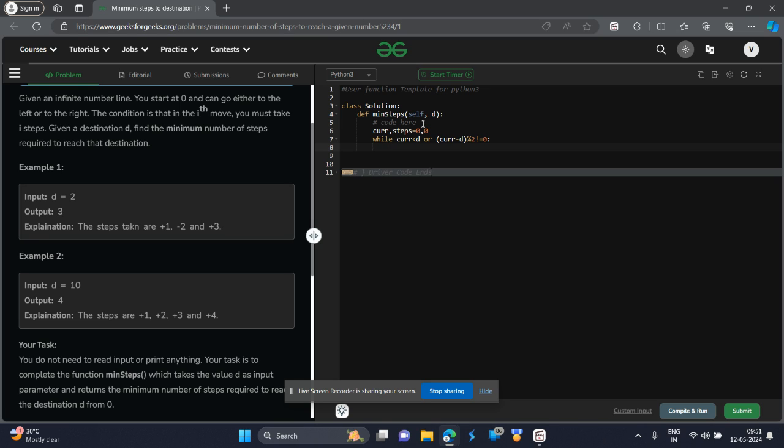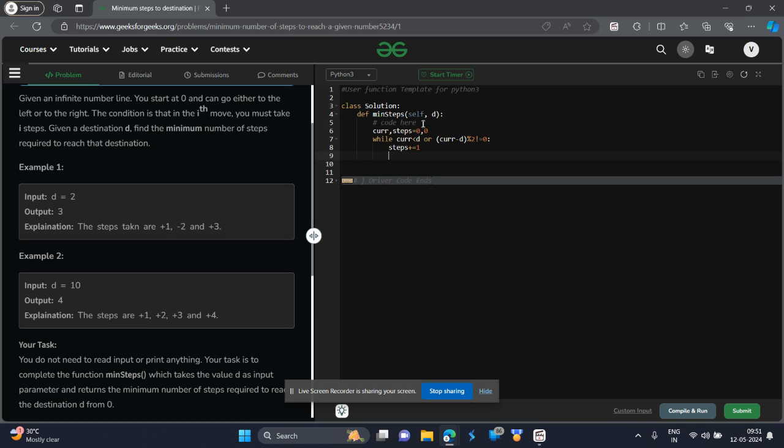we need to make sure we reach the target position, which is d. We have to reach d with an even number of steps. We need to try to reach d with an even number of steps, since jumps can only be of size 1 or 2. Like you can take one step, so you have to make sure the number of steps should be even. Okay, now when both conditions are met, we'll increment the step by 1